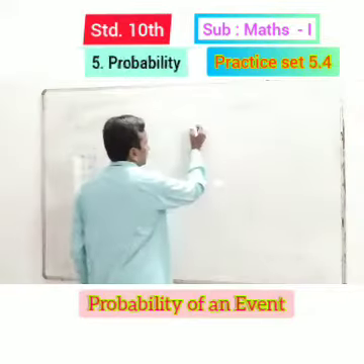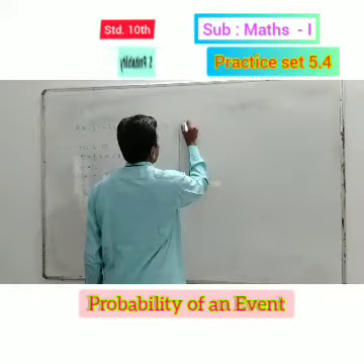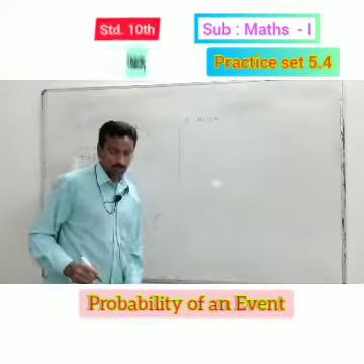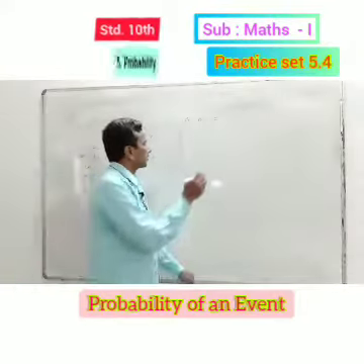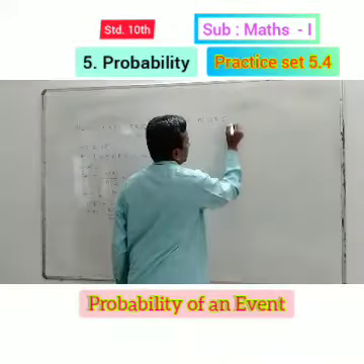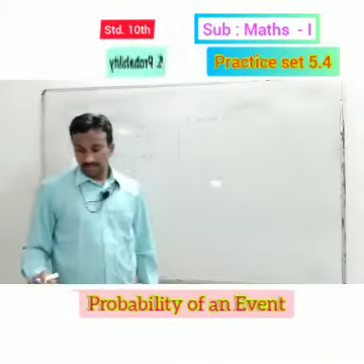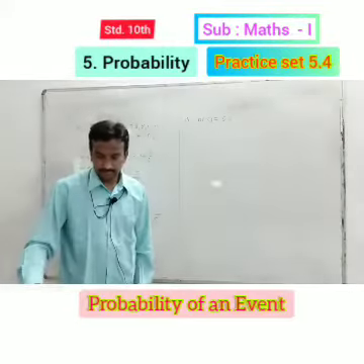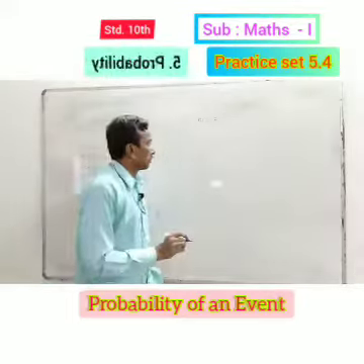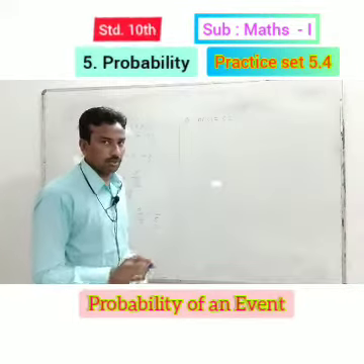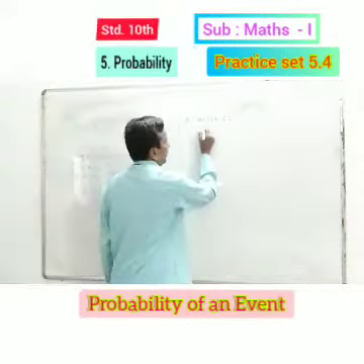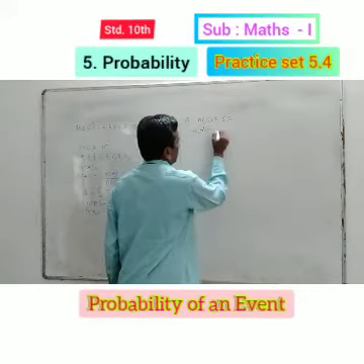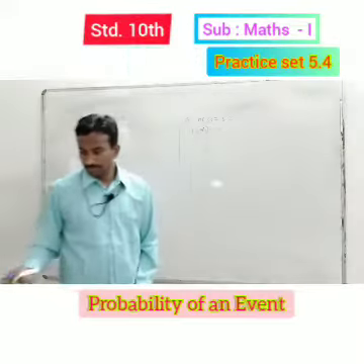Sample space. In the fifth example, there are 52 cards in a pack of playing cards. Therefore, the number of S is equal to 52. Now, let A be the event that the card drawn is an ace. There are 4 aces, with 2 colors and 4 shapes. Therefore, the number of A is equal to 4.